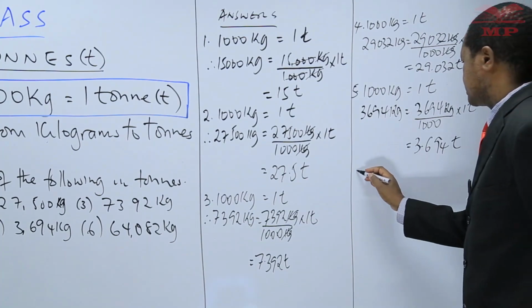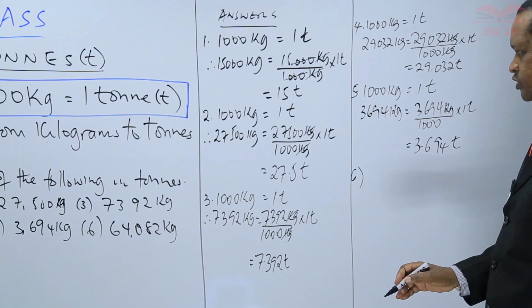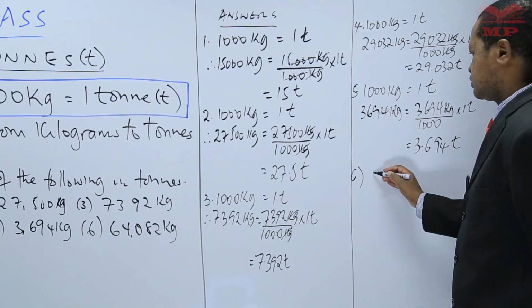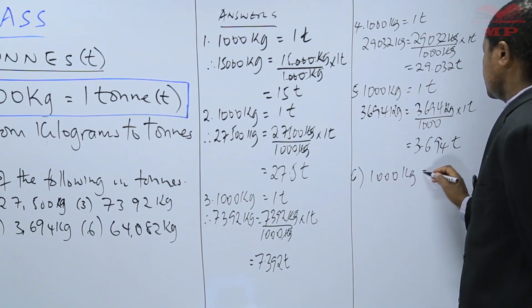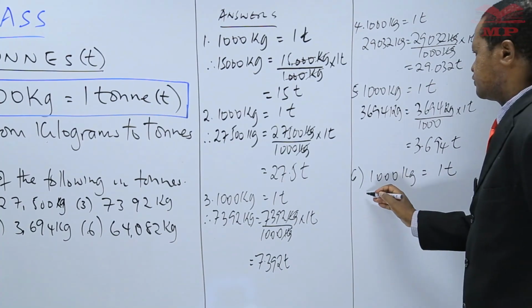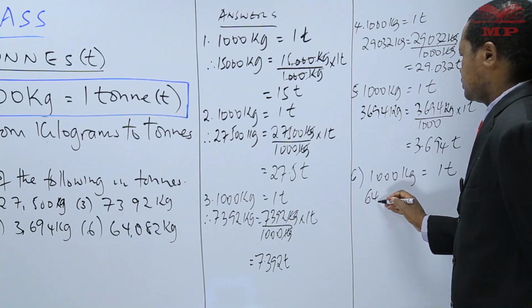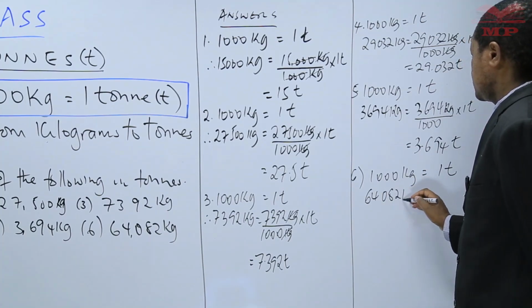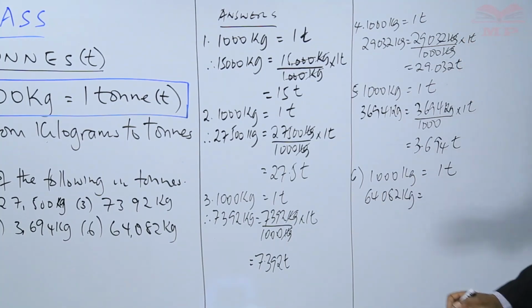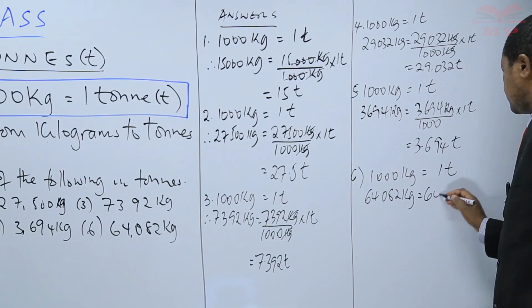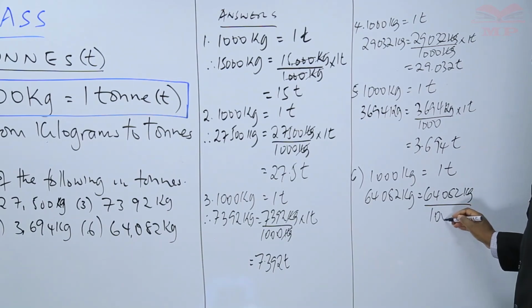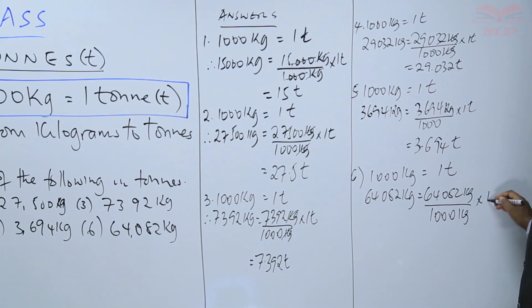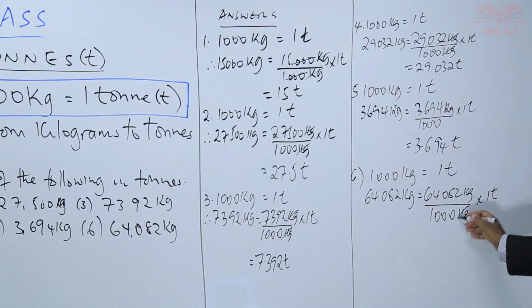Then lastly, learners, number 6, 64,082 kilograms converted into tons. We have 1,000 kilograms is equal to 1 ton. Therefore, 64,082 kilograms will be equal to 64,082 kilograms divided by 1,000 kilograms times 1 ton. This will cancel with this. Then we have here